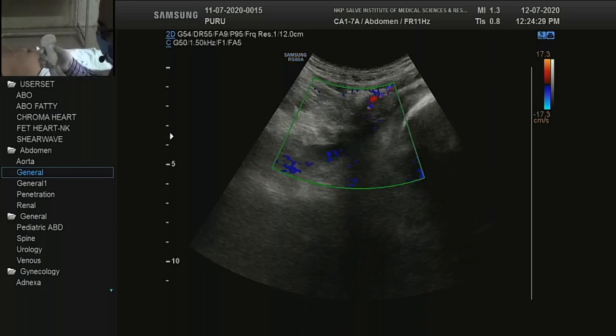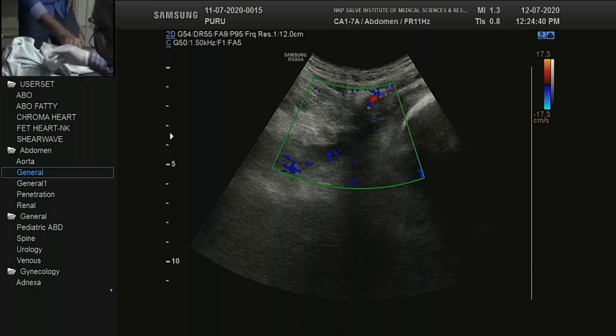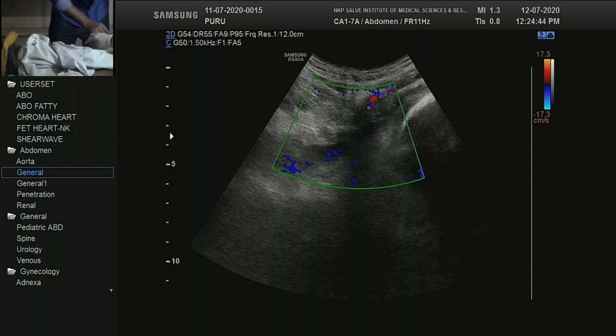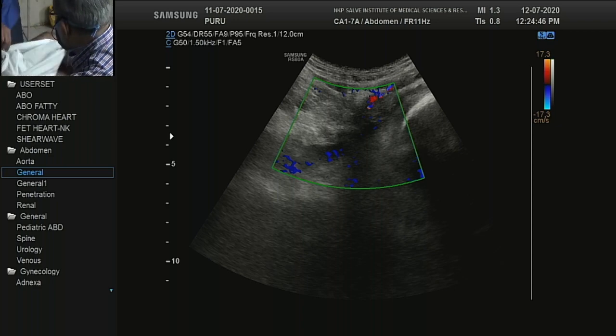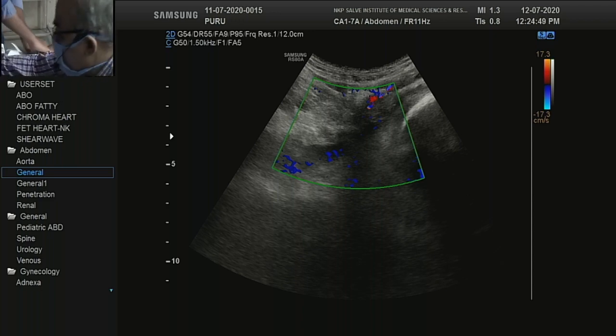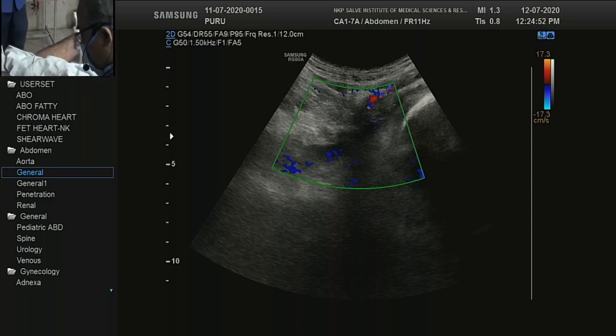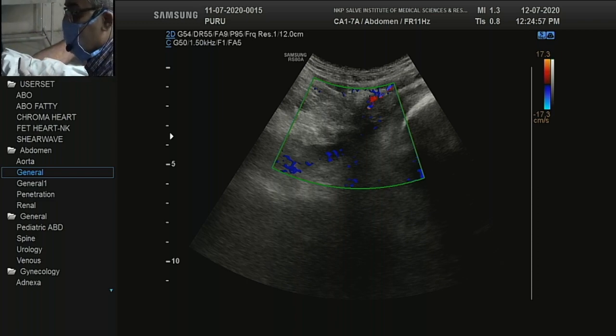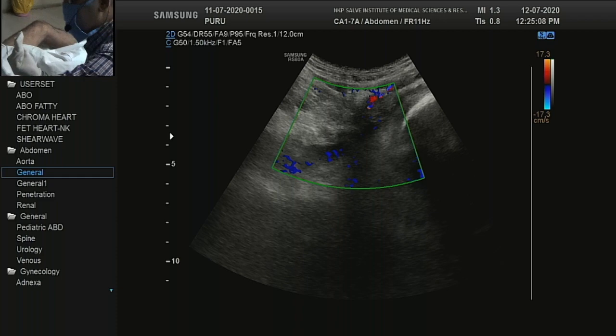So then we come to the femoral section. For lower limb Doppler, the hip has to be externally rotated, and then the knee has to be a little bit flexed so that we see in a nice way. Many people start from the common femoral artery, and if they find abnormality, they go to the iliac level. But I prefer to screen the iliac before the common femoral artery whenever the patient comes for evaluation of peripheral arterial disease.